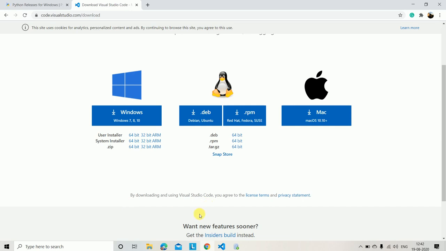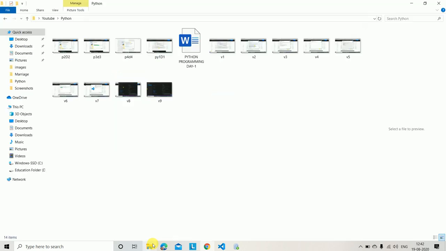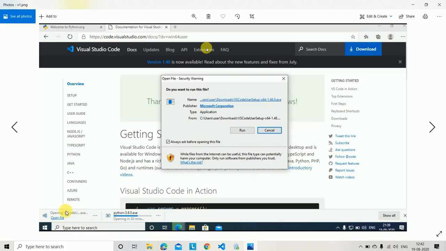After clicking on this, an exe file will be downloaded. After the exe file is completely downloaded, see, if you click on 64-bit, the exe file will be downloaded like this.